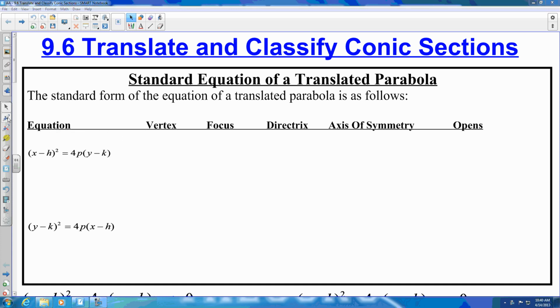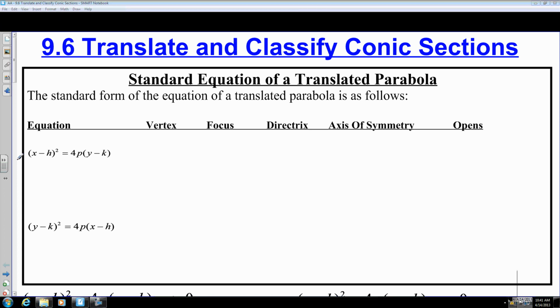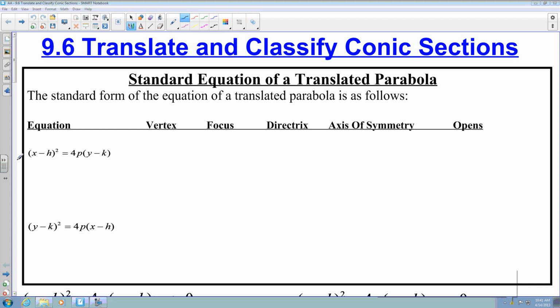Okay, so we are now in section 9.6, where we get to translate and classify conic sections. Up to this point, each section dealt with one of the four conic sections, whether it was parabola, circle, ellipse, or hyperbola. In this section, it deals with all four conic sections. And not only does it deal with all four of them, it deals with the translated positioning of those conic